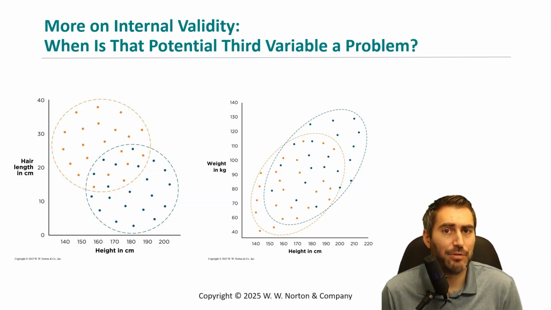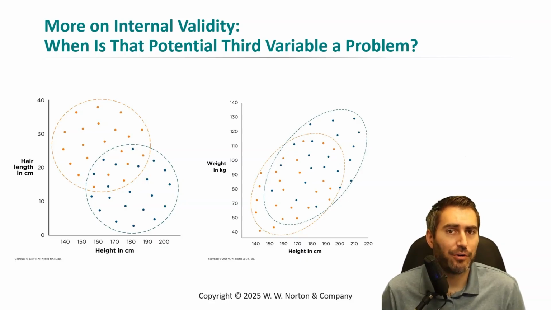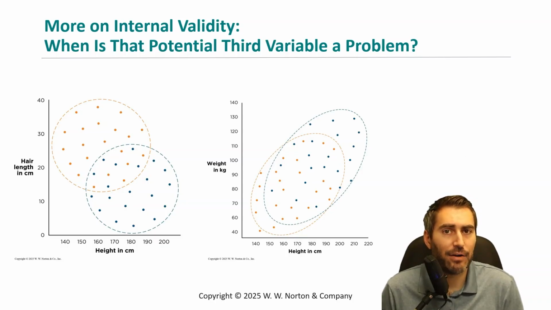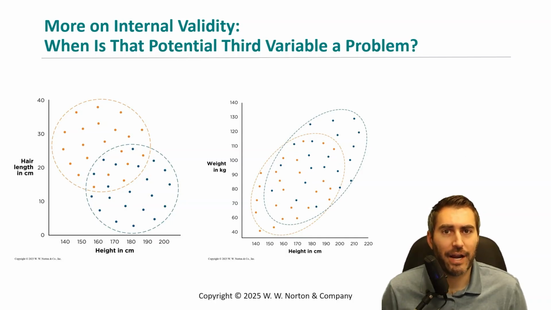who are represented by the blue dots. Within each gender group, there is no relationship between these two variables. This outcome means that gender is really the reason hair length and height are negatively correlated, and thus a problematic third variable here. On the other hand, if we look at the graph on the right, we see the relationship